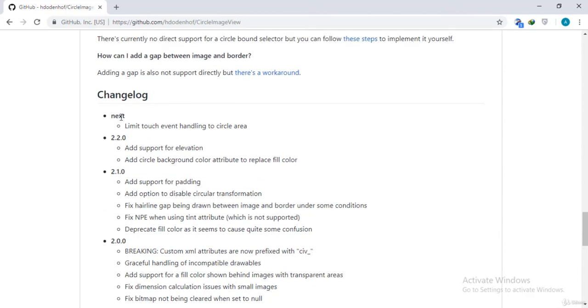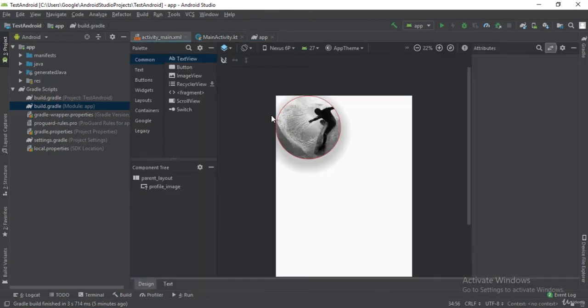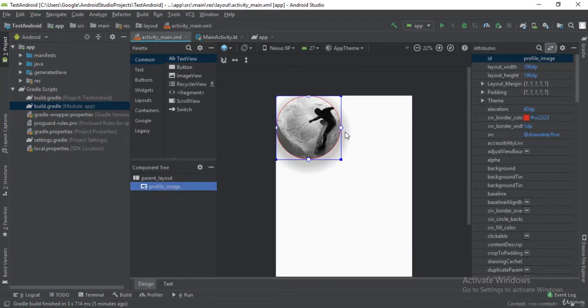It will be updated in the next few months, for example, so it will not use the same version that I am using, but just make sure that you are using the latest version of that library, to make sure that you access all these features like the elevation, and of course they will add more features.